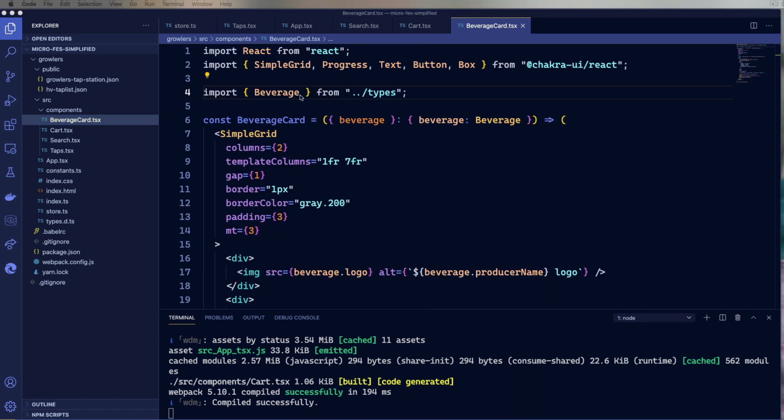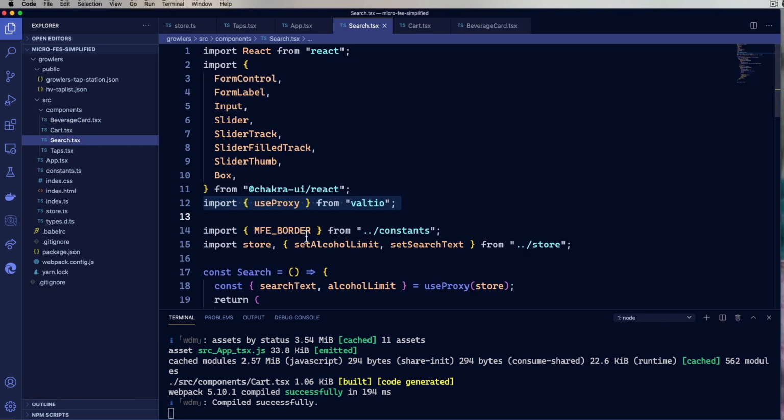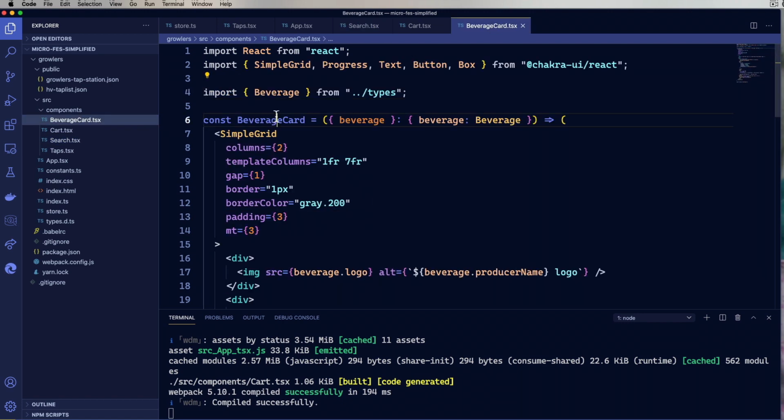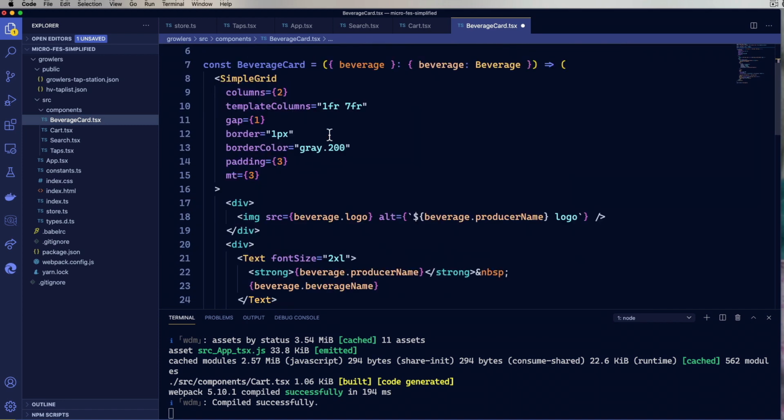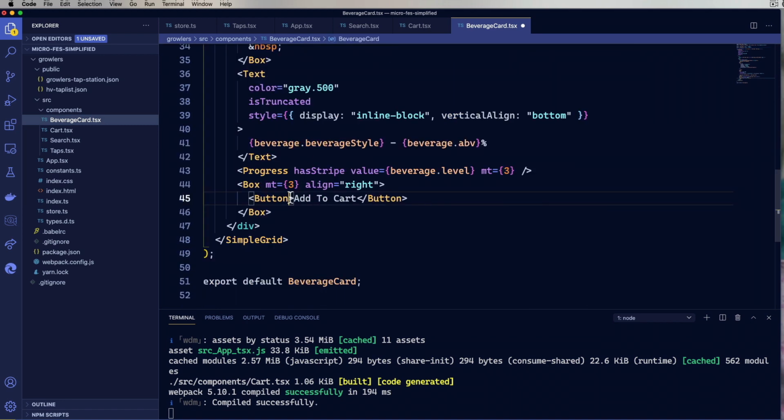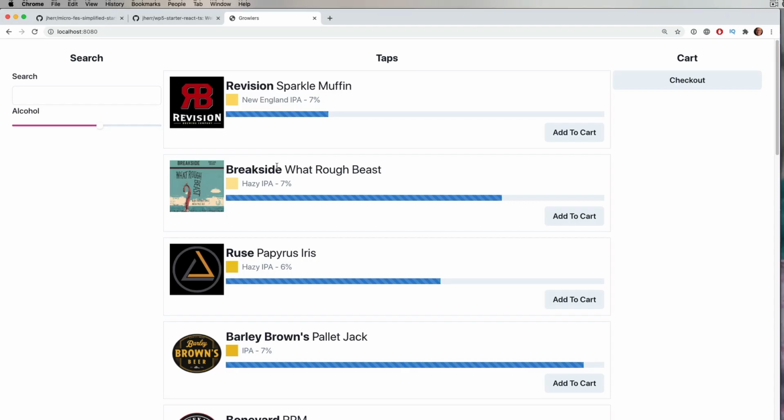So in this case, the only thing we need to bring in is that add to cart because, well, we don't actually need anything from the store. We're just going to add to it. And now we just use that down on that button. Okay, let's give this a try. Oh, how cool is that? Okay, so now we are ready to roll. Now we've got 3 different components, all of which are talking to Valtio and getting all that data,